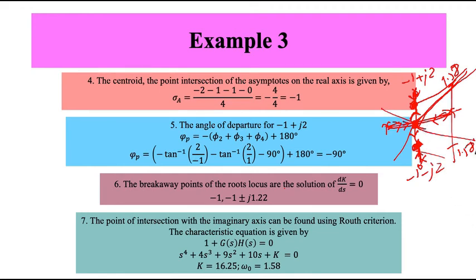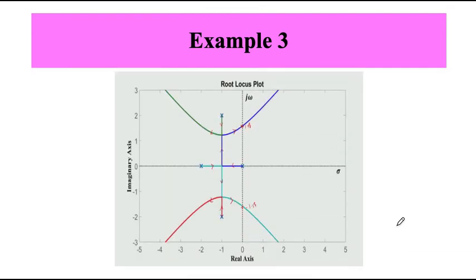Now again at the angles of minus 45 and plus 45, and so on. These things we have calculated from the Routh table. We have calculated omega naught. So let's just plot the graph and see how it will look. The plot turns out something like this. These two poles are coming in this direction, they are meeting, then moving in this direction, then they are meeting with these, then one is moving in this direction and one in that, because my angles are 45, minus 45, minus 135, positive 135. This is how they are moving.